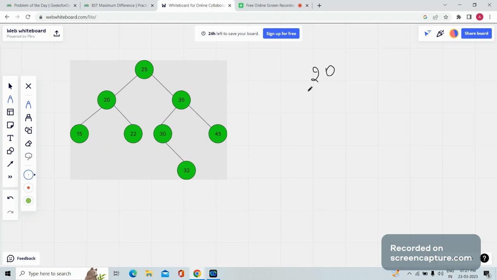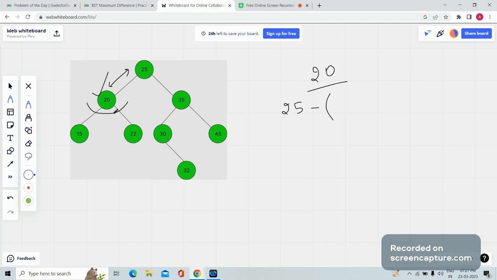So what he is expecting from us is the difference between the sum from root node to this target node. So what would be the sum excluding this 20 is 25. We should not include this because the note has given to exclude the target element. So we have to calculate the sum from root node to target excluding the target. So that is 25. So the difference between this and